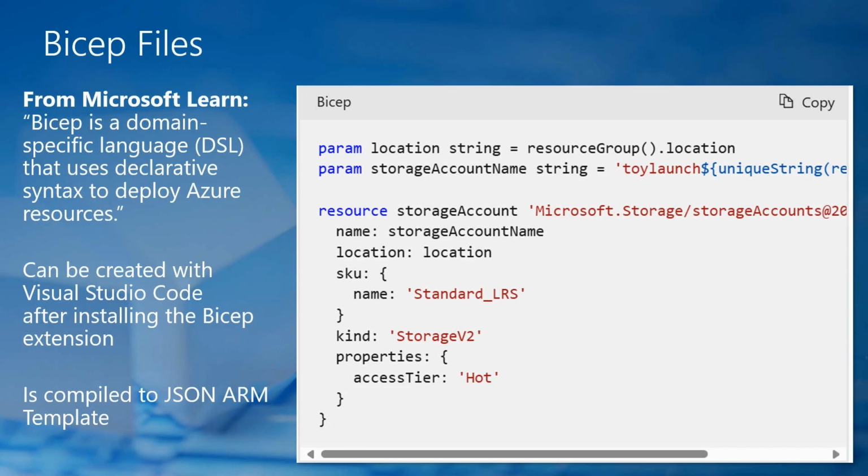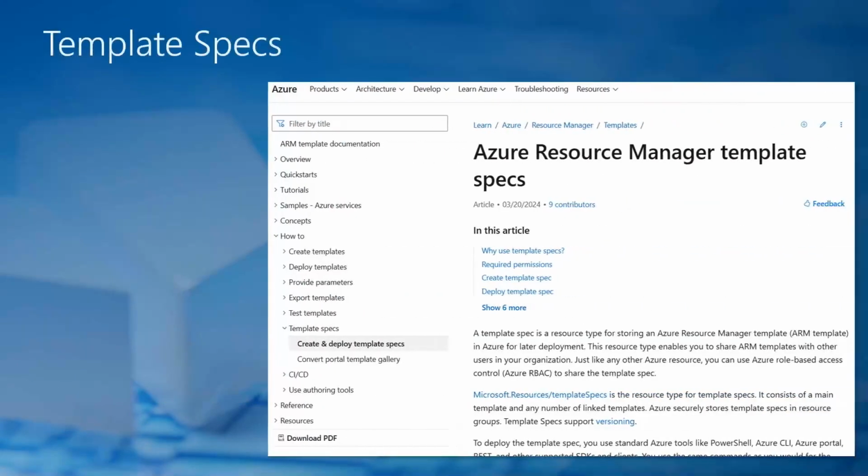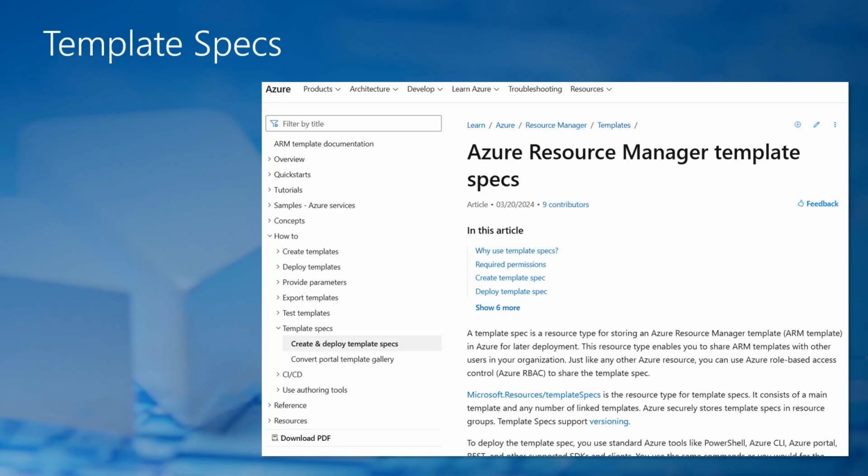So Bicep files, behind the scenes, go through something called transpilation. It actually transpiles or converts your Bicep file to an Azure Resource Manager template. So, the template specifications, Azure Resource Manager template specs. I recommend that you research this article, Azure Resource Manager template specs. But before you get